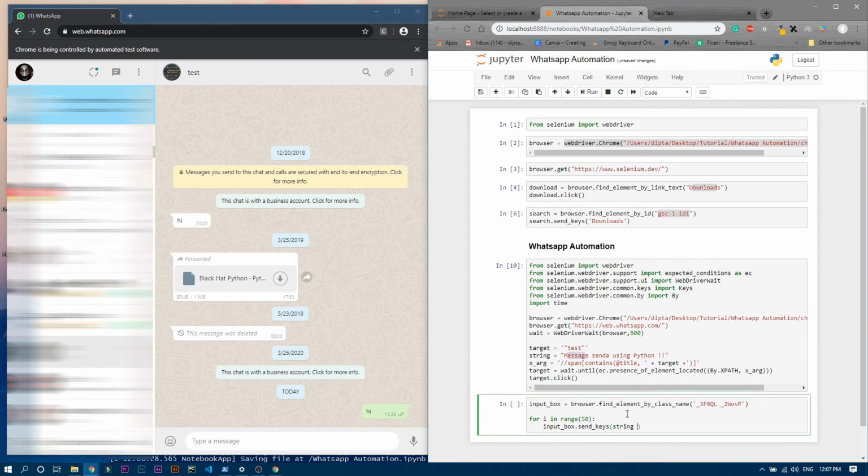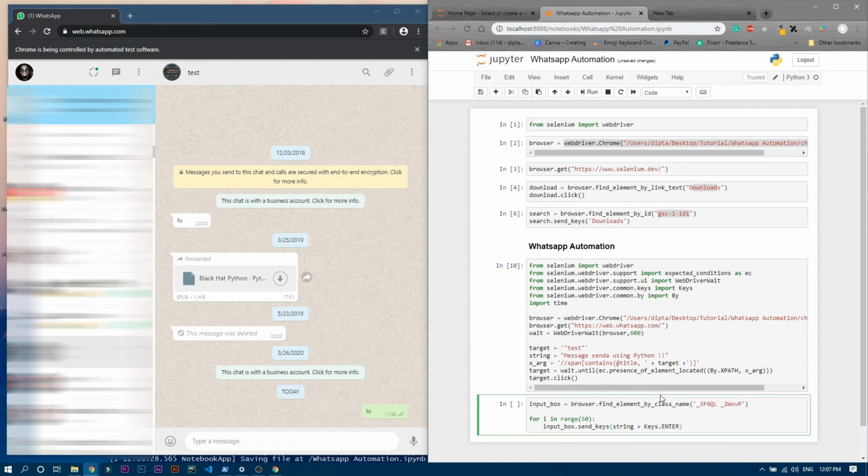And we also want to press the enter key whenever it writes something. Okay, so first time it wrote this line, message sent using Python, you actually need to write a send, whatever that is. Anyways, message send using Python, it will write that for the first time, then it should click enter so that it can send that message, and then it will write again, then it will click enter again, right? So we will just use over here Keys.ENTER.